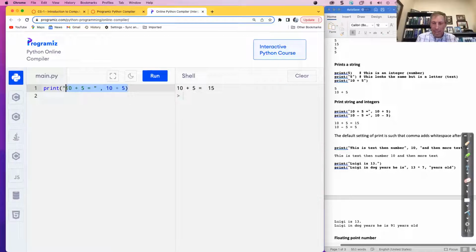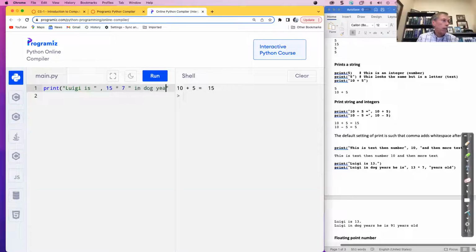Okay. All right, let's say I want to say Luigi is, and I want to have it do a calculation for me. He was 15 at the time, but I'm going to do that in dog years, or from dog years to people years, whatever they call it. I guess dog years, they say. 15 times 7